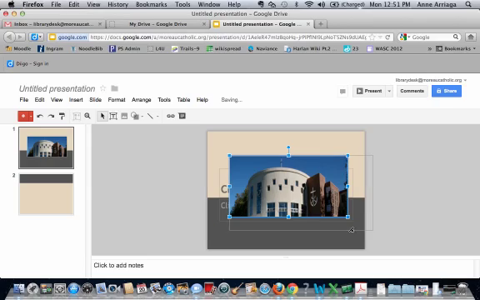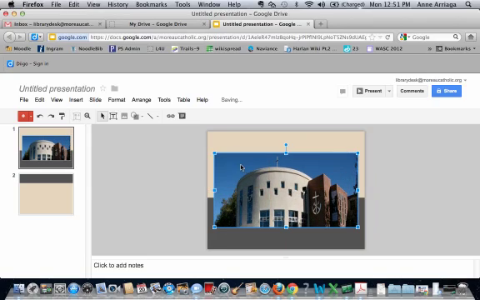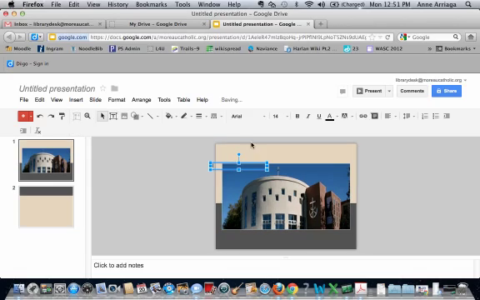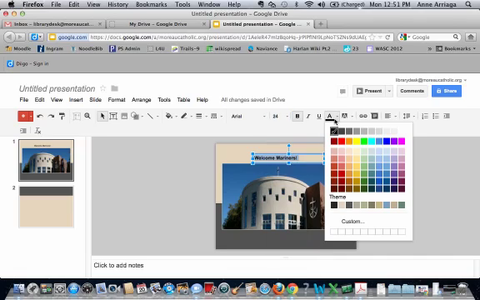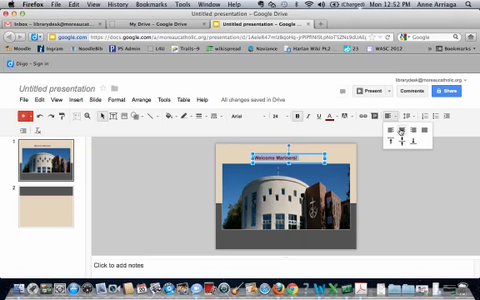And let's say I want to add text to that. I can click text box, and if I click on the slide itself, the text box appears. And then I can click within it, and I can write within the text box. I can make it larger by highlighting it all, increasing the font. I could change the color. I can center. So things that you're used to doing in PowerPoint and even Word, you're able to do here